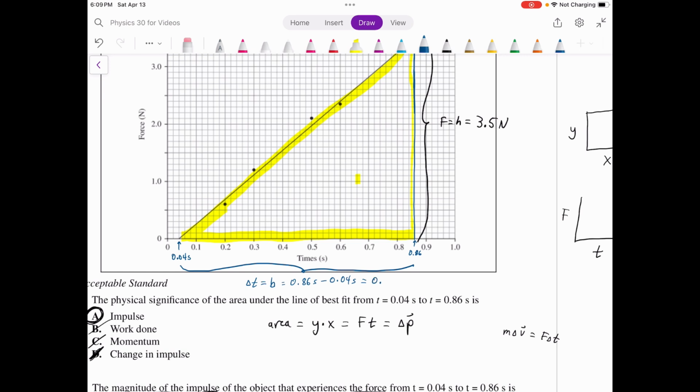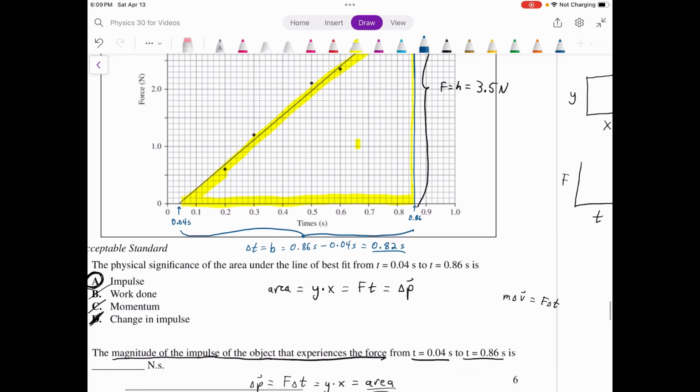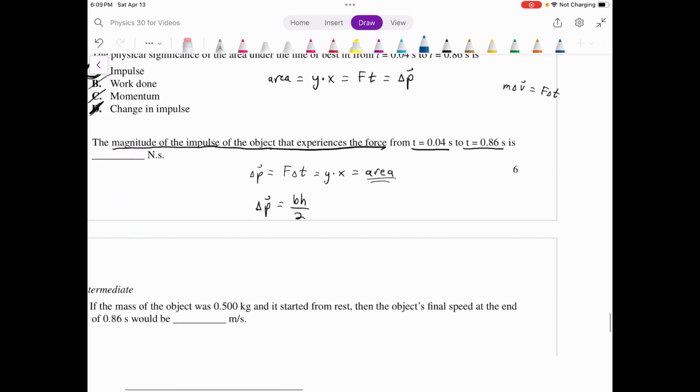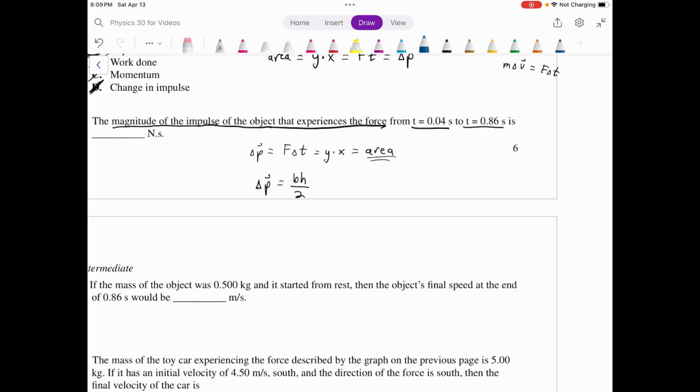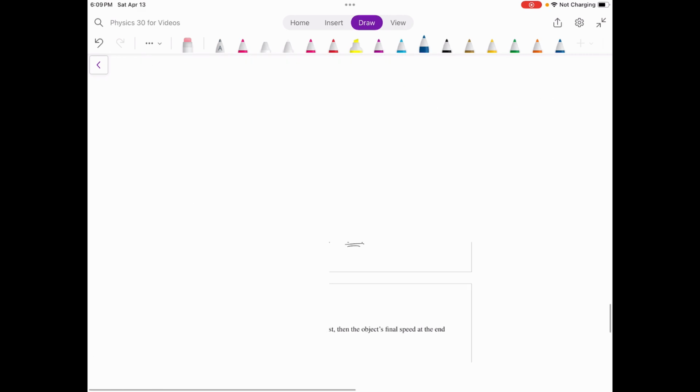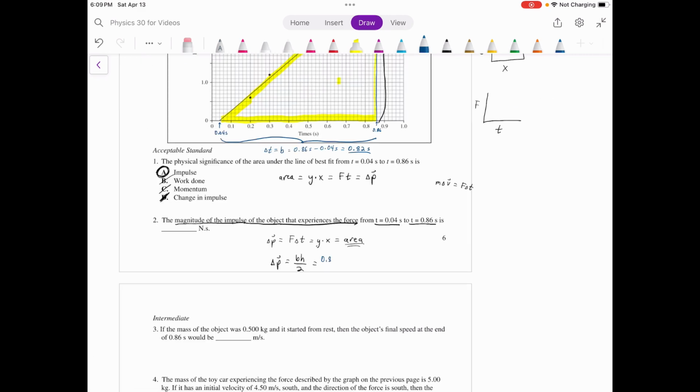So that's 0.82 seconds. So we're going to take our base times our height divided by 2, because we're finding the area of this triangle. So our base was 0.82 seconds, our height was 3.5 newtons, and then divided by 2, I got